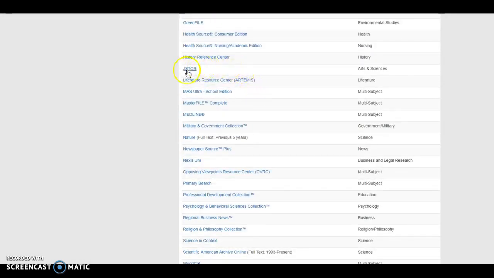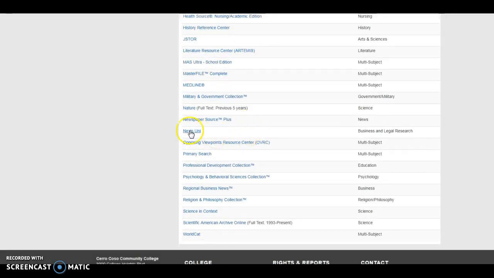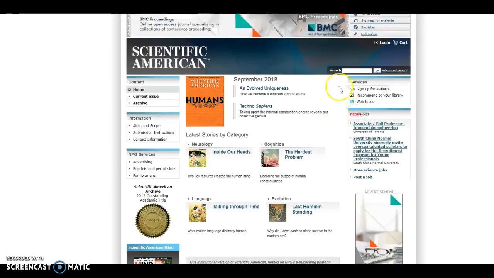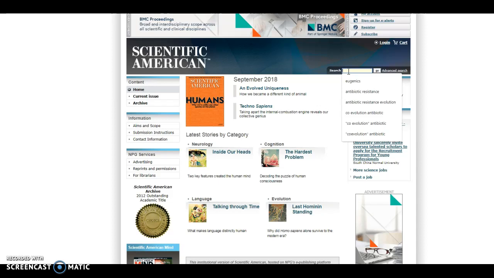We've got science databases. We've got JSTOR, we've got Nexis Uni for law and case law. And then we've got another one I wanted to show you, Scientific American Archive Online, if you're in a science class. Then you're doing maybe archaeology or physical anthropology where you're doing genetic mutations.